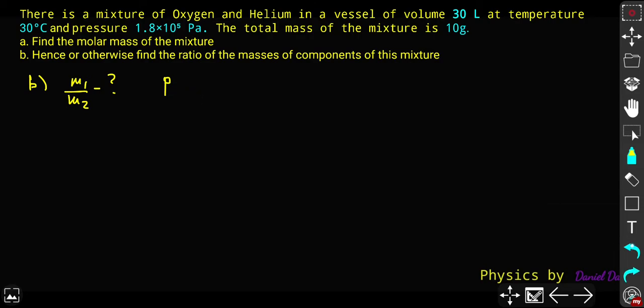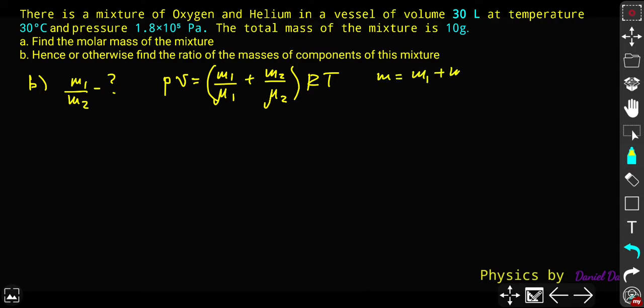So I think obviously we can use the total pressure which we are given and the total mass, which we rewrite through each component. All right, so I hope you understand that. It's going to be the sum of those ratios, basically the sum of quantities of the substance, and we can use that. All right, what I'm going to do, because the total mass is M1 plus M2, we can try to express